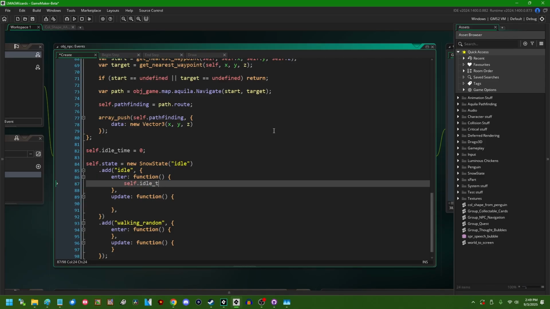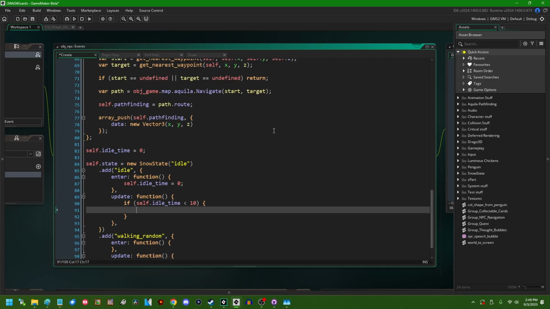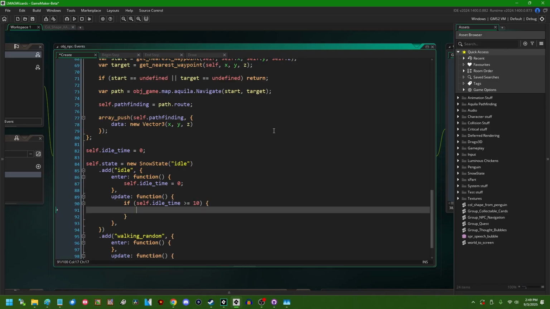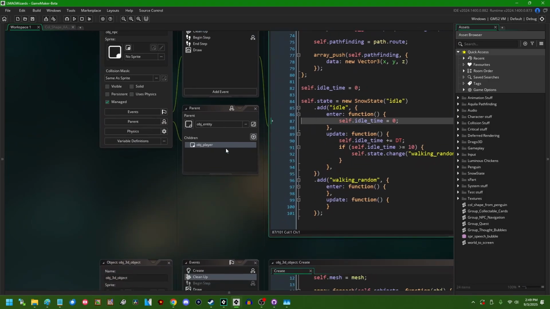So we're just going to have a state that's like idle time. If idle time is less than, I don't know, let's say 10 seconds for now, or if it's greater than or equal to 10 seconds, self.state.change, walking random. And of course, we can update that when the